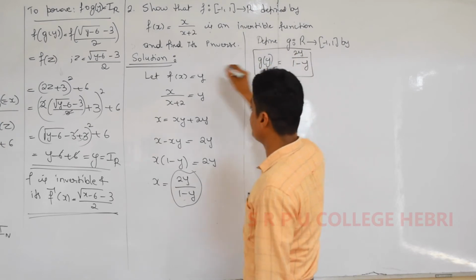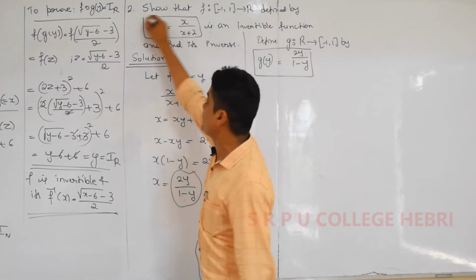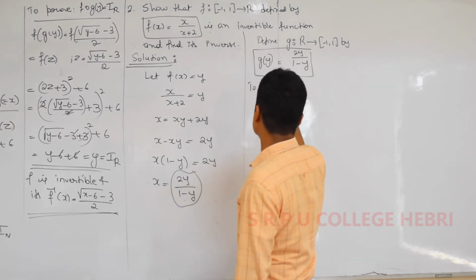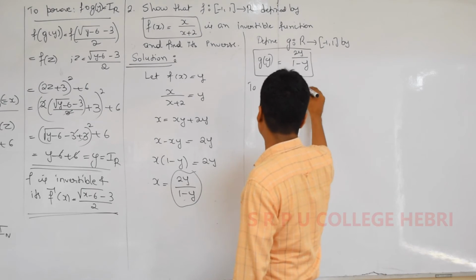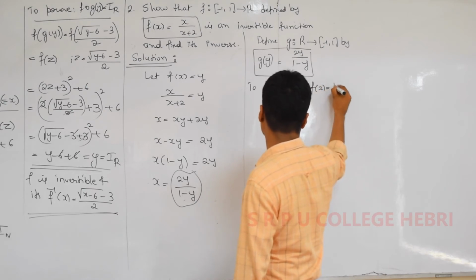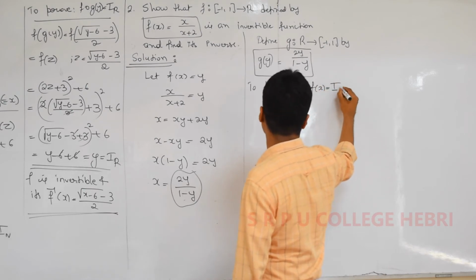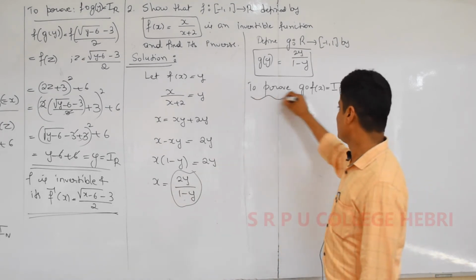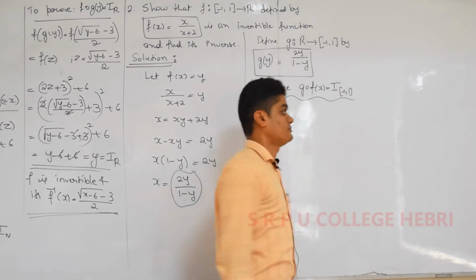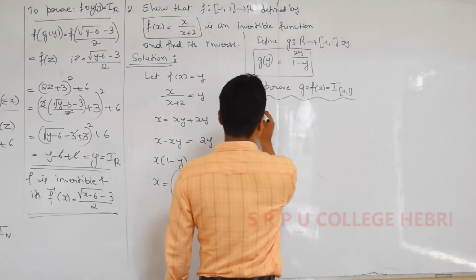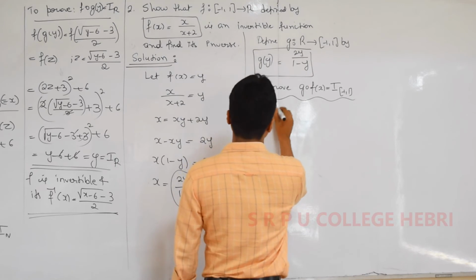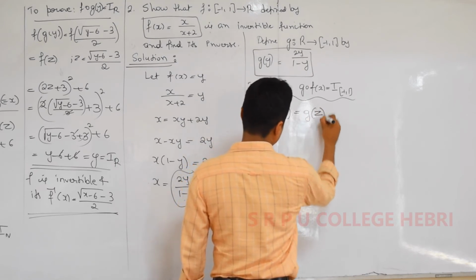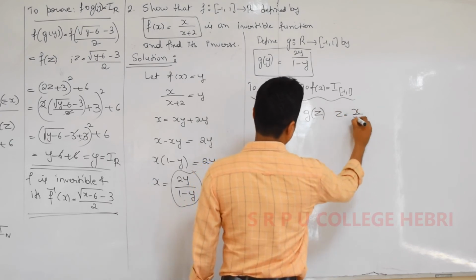So now we have two functions, g of x and f of x. Now you have to take two compositions. So what is the next work? To prove g of f of x is equal to the identity function of the domain, domain minus 1 to 1. This we have to prove. This work is a little different compared to the previous problem, so observe correctly. g of f of x, that is g of x by x plus 2. You can consider this as g of z. What is z? z is x by x plus 2.